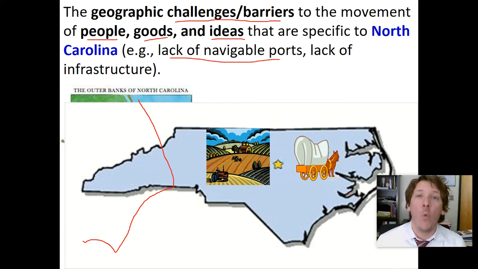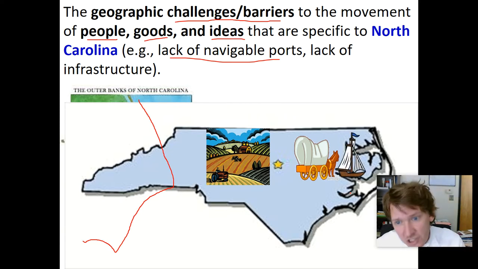It's almost like a wall that surrounds North Carolina, that prevents people from getting in, that prevents ideas from getting in, that prevents goods from getting in. And when you don't get ideas, when you don't get people, when you don't get goods for hundreds of years, you don't advance. Or at least in comparison to the other states that have no barrier, that you get directly into Virginia, you get directly into South Carolina, those states advance, they rise, they grow. North Carolina is static, it's stagnant, it does not grow, it does not move because nothing is flowing in.